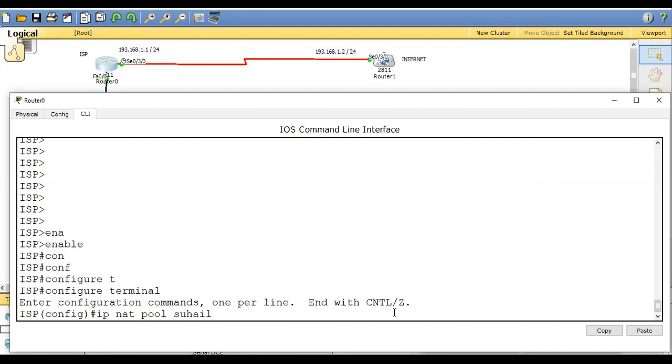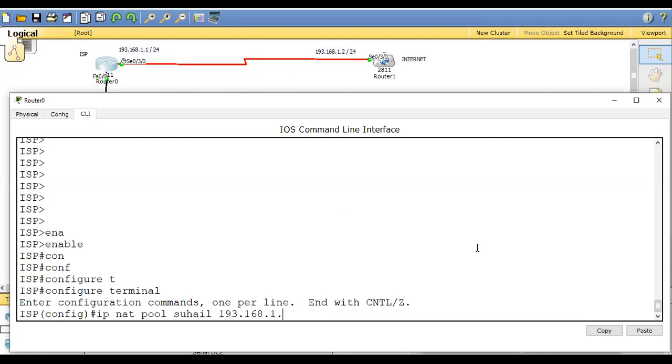And here in dynamic NATing, you have to provide a range. If anybody comes to my router, my router has a range of IP addresses, starting from 193.168.1.3. 0 is a network address, not usable. 255 is a broadcast address, also not usable. 1 is used on a particular interface, 2 is used for the internet.